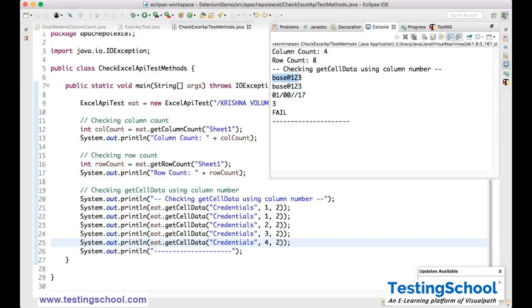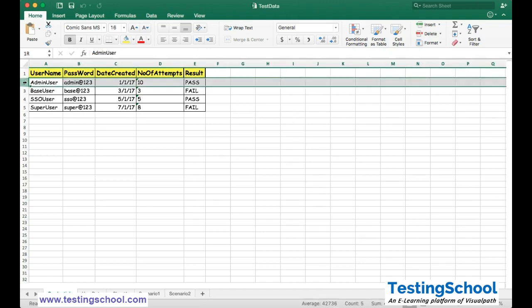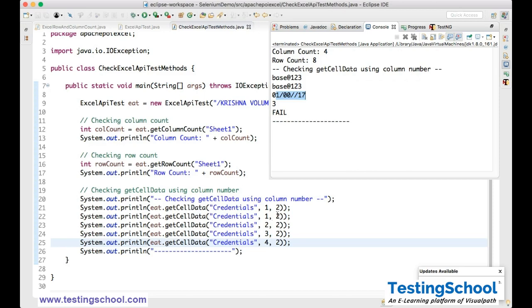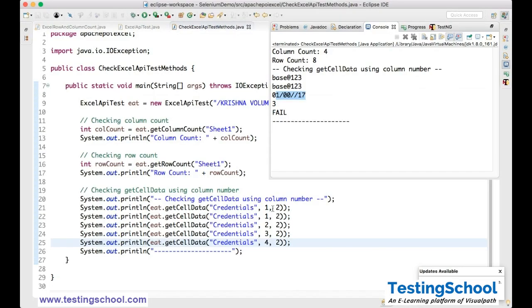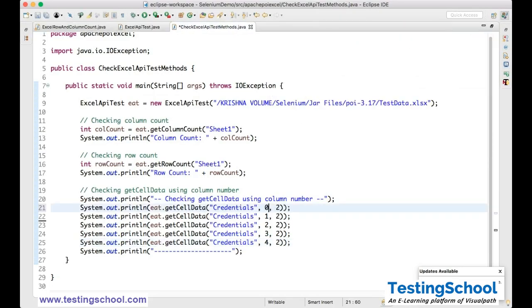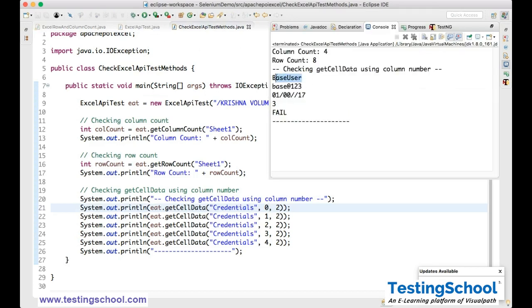You see that? Base @123, base @123. So I'll go to here. The second row, what I'm checking, 0, 1, 2. So 0th in row, first, second. So base user, I'll mention here 0. Right. Then I'll get exact information. Base user, base @123,